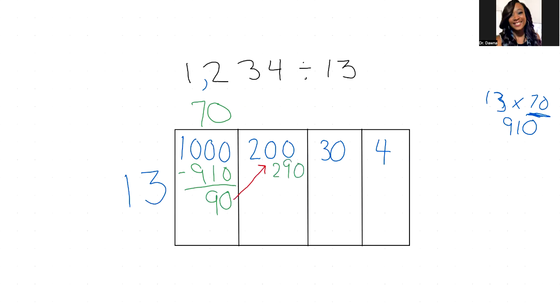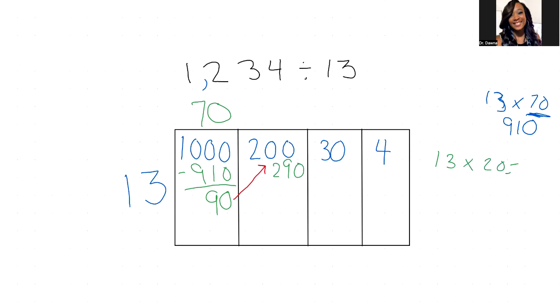So now you're asking yourself, 13 times what will give me 290? Now, I already know the answer is 20. You would probably have had to work that out, right? 13 times 20